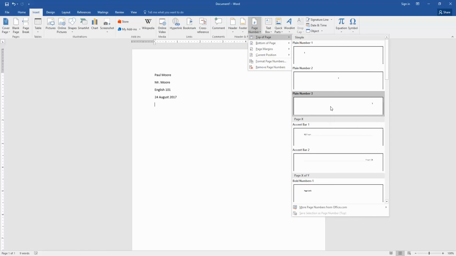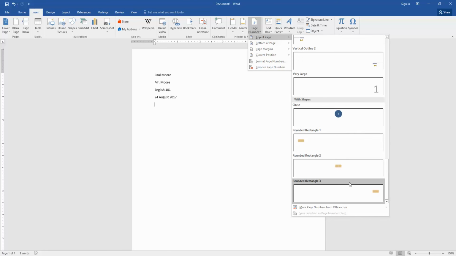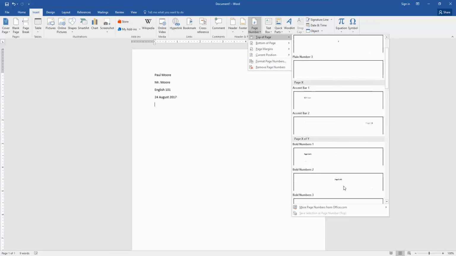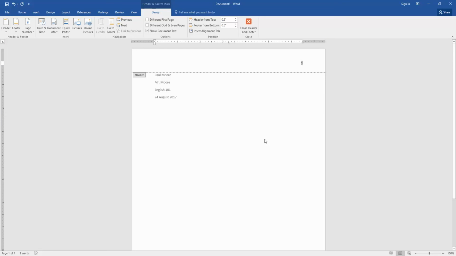You do not want any extra formatting. So clicking on this accent bar here, or there's some goofy colored ones down here, or whatever the heck this rounded rectangle thing is. We just want the plain number on the top right. So we're going to click plain number 3 on the top right, and it'll insert that for us. So that is a page number that's going to show the new number on each new page